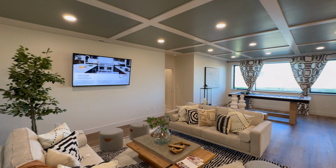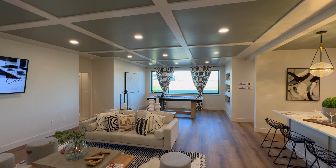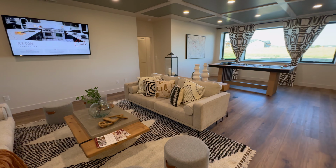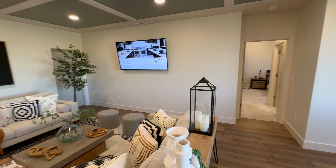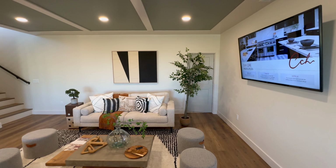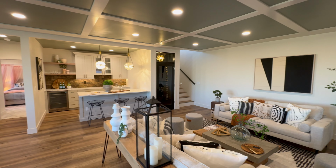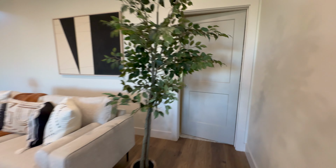So this is the finished basement. You've got this beautiful coffered accent ceiling, tons of room. There are a couple more bedrooms down here as well, but we'll start right here. I just kind of want to peruse around a little bit, give you a good idea of what all we have going on. Got the wine cellar, another bar, but I think we're actually going to start over here, or